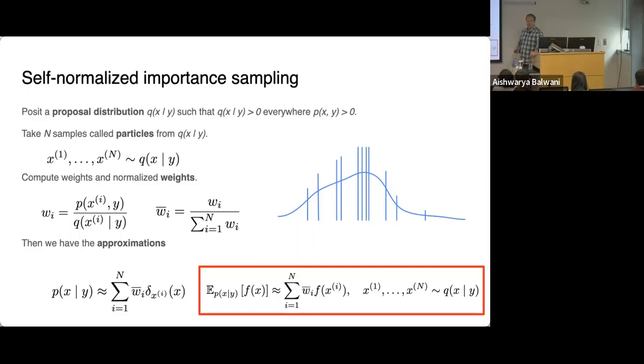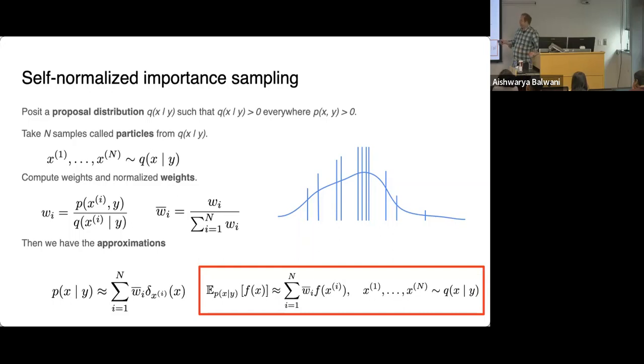Any questions on importance sampling? Yeah. Parameters of the P distribution? The P distribution, at this point, let's just assume that we know P, but there's going to be an outer loop inferring the parameters of P. Likewise with Q, Q could also be a parameterized distribution that we could also try to optimize.